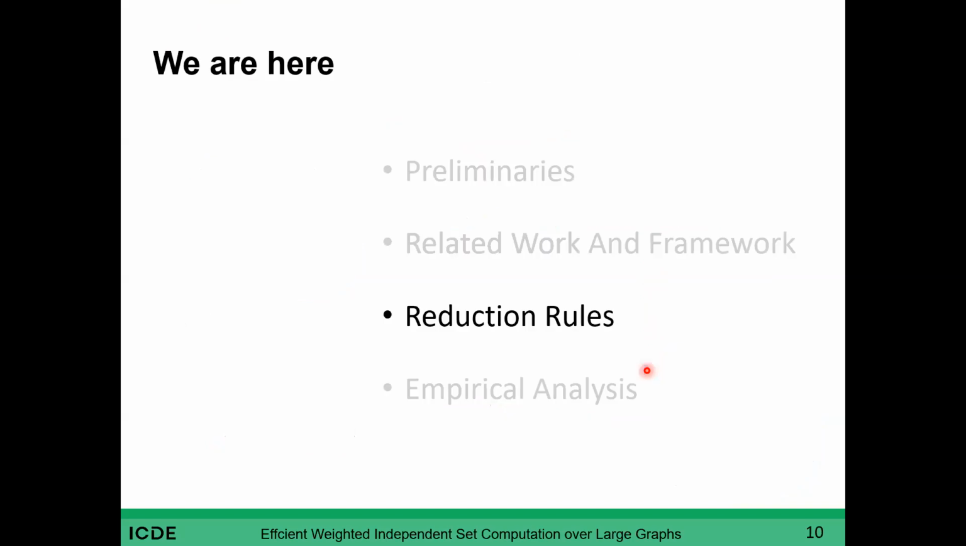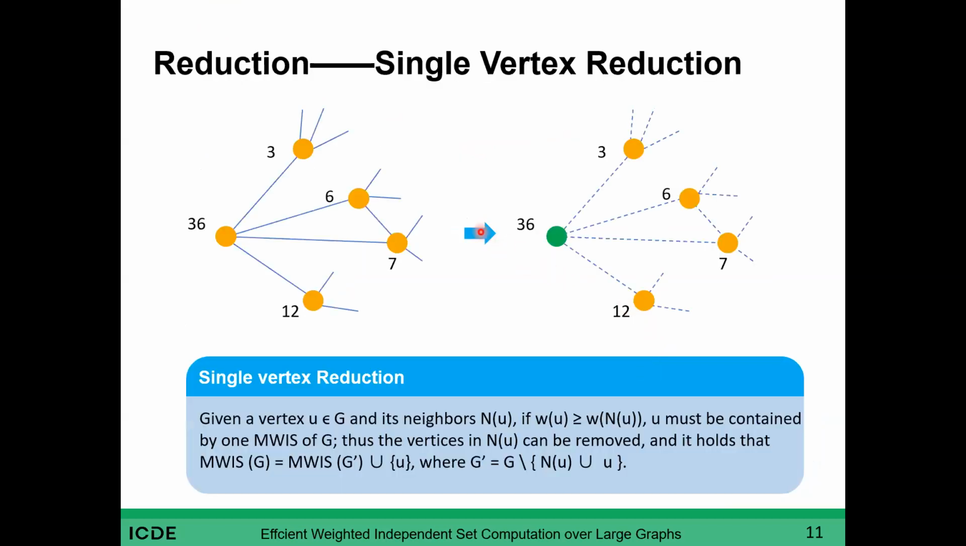And in the rest part, we mainly talk about our reduction rules. Following the reducing and peeling paradigm for the unweighted case, we try to design reductions tailored for our weighted graphs. So the first rule, the single vertex reduction, tells that if the weight of a vertex is not smaller than that of its neighborhood, and then